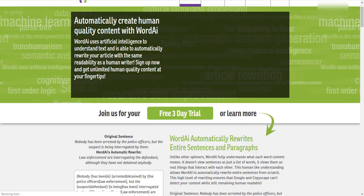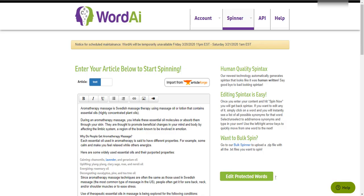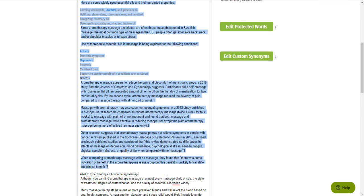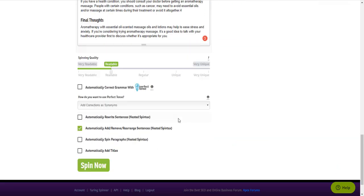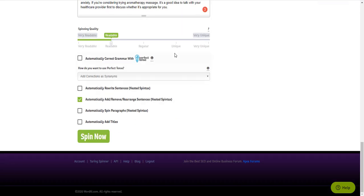Word AI is another article rewriter, but this one needs you to have a text already. For example, if you find a famous article on Google that a lot of people visit and you want to beat that article, you can combine a lot of information on Google about that topic, put that here, click on spin now, and Word AI will write that for you, right? It will rewrite that in such a way that if you specify the uniqueness, it will write that in a unique way,